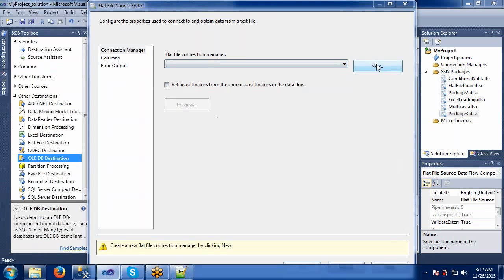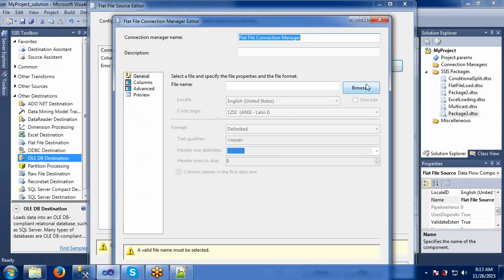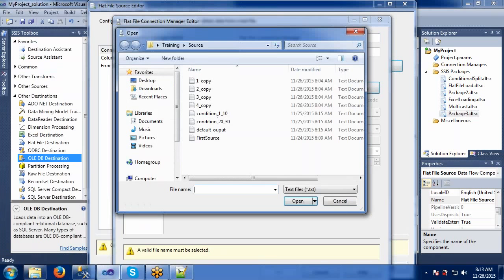Let's take our previous example output itself. We split some 4 copies, right? Let's try to take all the copies of this data into one table. I will take this file.